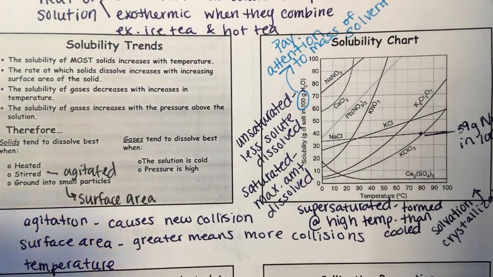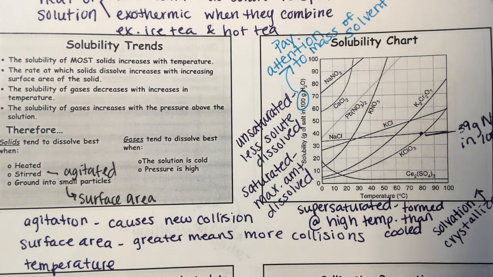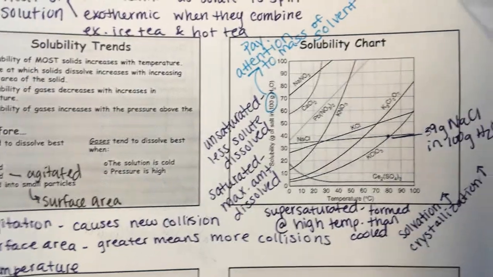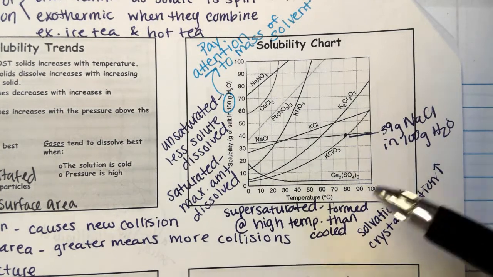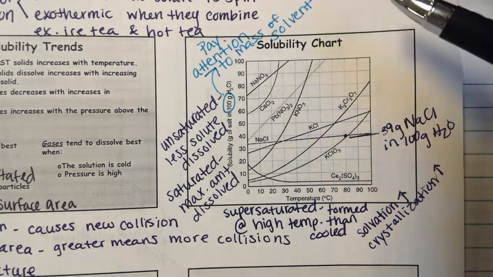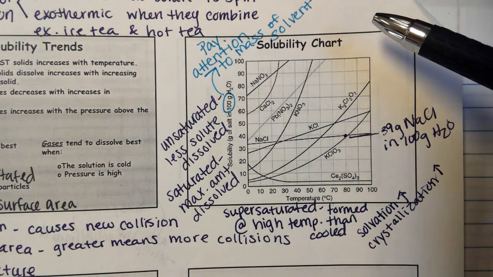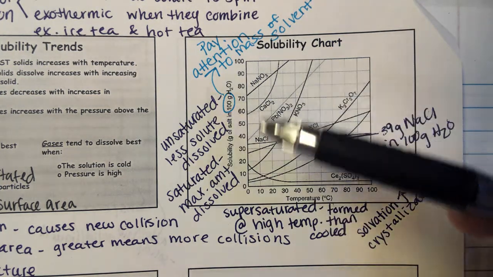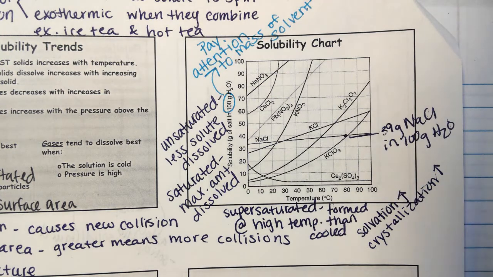Okay, so with this in mind, we can predict the overall solubility trends that we see based off of a solid or gas that we're looking at. And so we are going to look at how these trends occur on something called a solubility chart or solubility curve, where we're looking at how temperature is changing and how that impacts the solubility. So as a reminder,